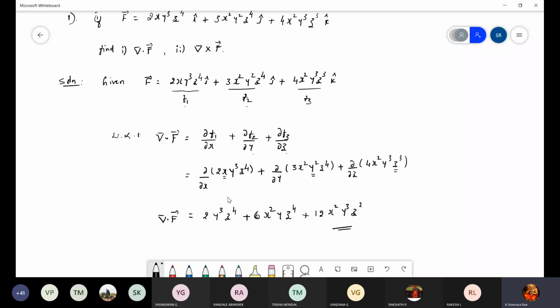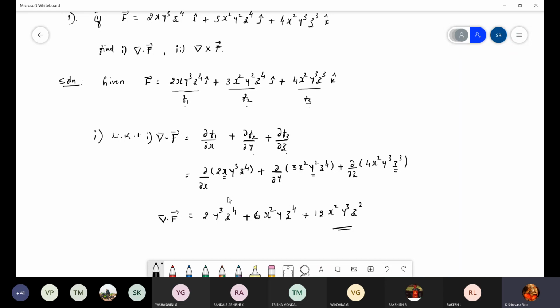In mathematics, whatever concepts you know, even if you don't know the complete answer, you attend the question and write whatever you know, the general formula. Like that, we will give at least 1, 2 or 3 marks. 50% of marks you can score, so your total marks will be increased. Yes, this is the solution for the first one.